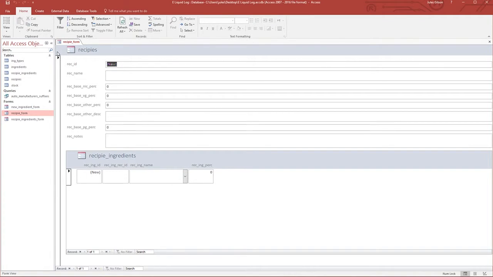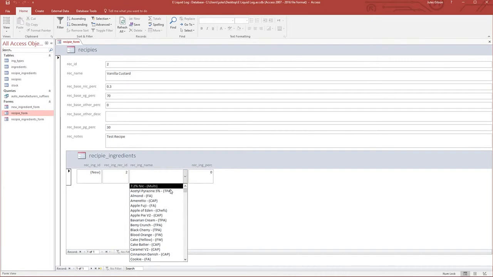I've deleted some of the dodgy recipes that we added yesterday, so let's add something a little bit more usable. Let's just call it vanilla custard. We'll put in 0.3 there. We'll make it a 70-30 mix, and yeah, test recipe will do for the notes. And we just need to pick out our ingredients. So let's put in, let's say, vanilla custard,